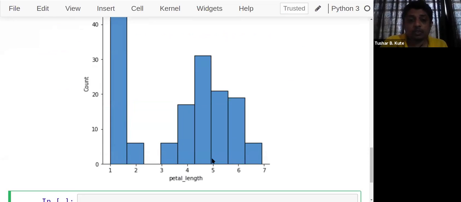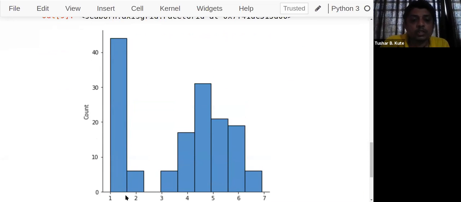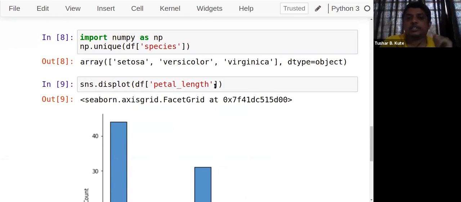In petal length, you can see there are 150 elements in total, spread from 0 to some range. The range is not shown here. We can add it by using ticks or by using the bins parameter, which is also present. This is how we can use it: a histogram for a single element, single univariate data, which contains only a single column. We can use distplot for that. You can check it out.